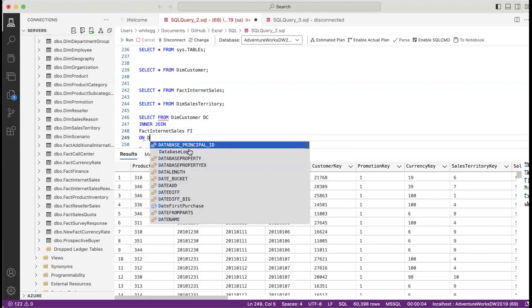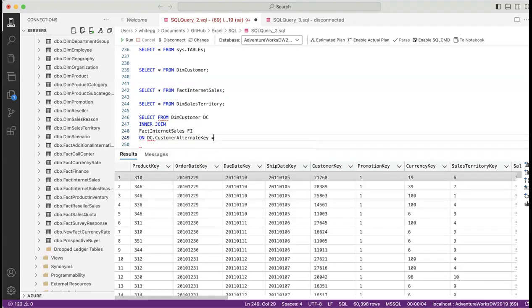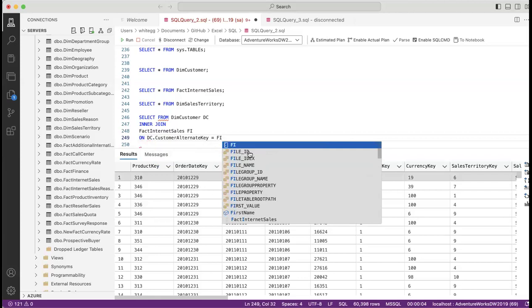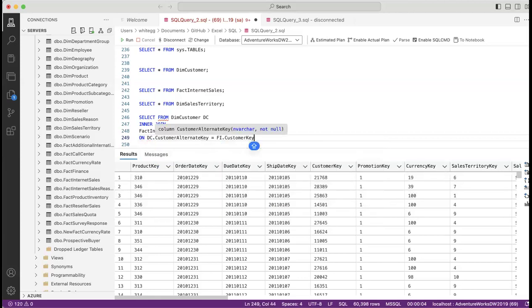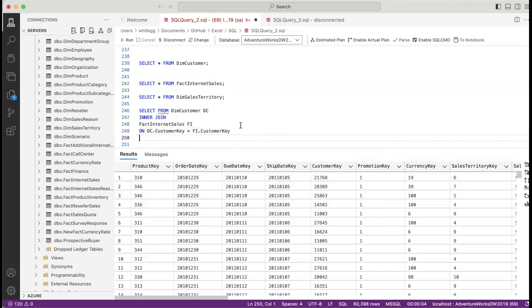I'm gonna say DC dot. So I'm connecting on customer key, FI on customer key. So this is my customer key. And that's it. So if I check the columns I want to return here,